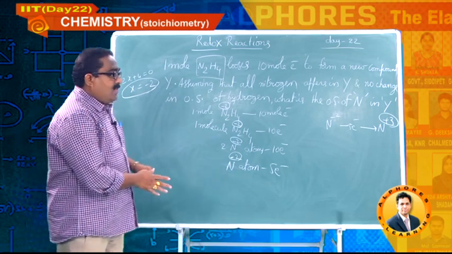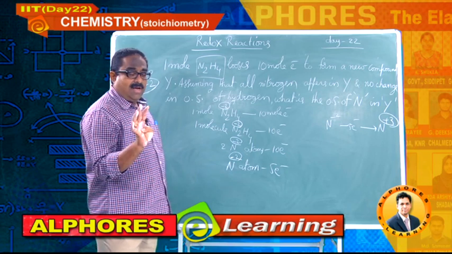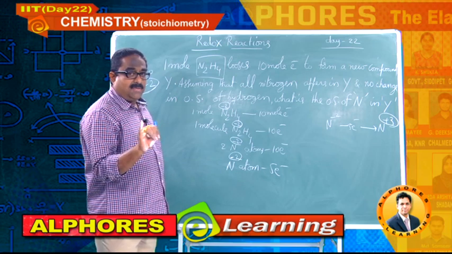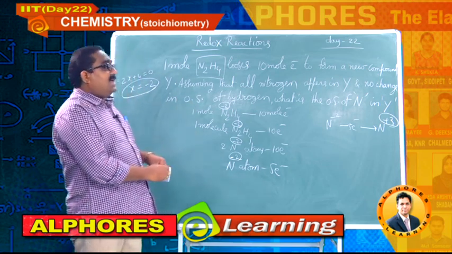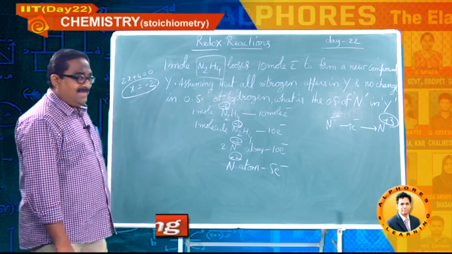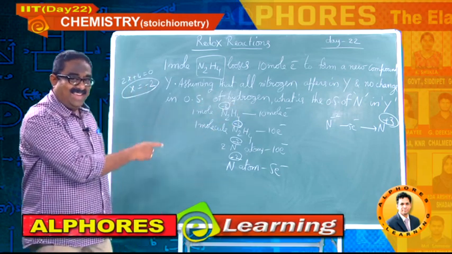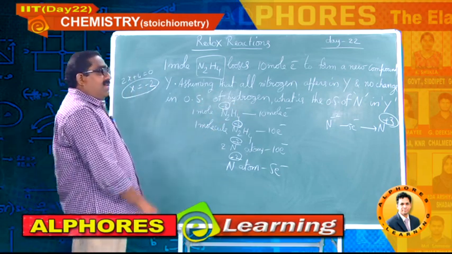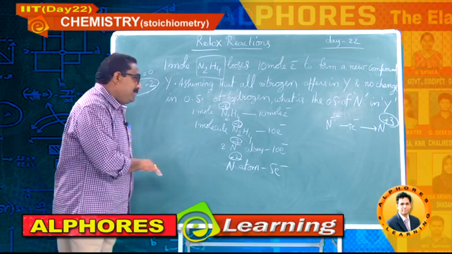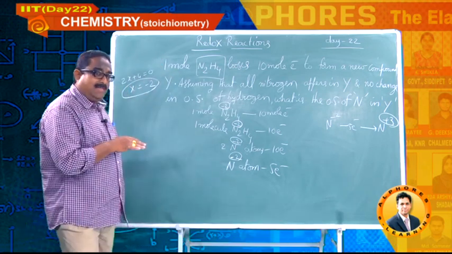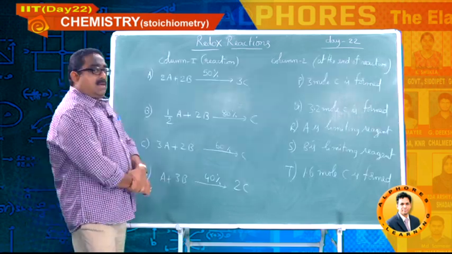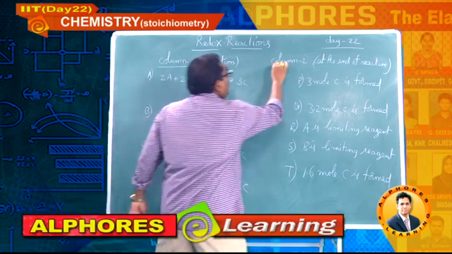-2, loss of 1 electron: -1. Loss of 2 electrons: 0. Loss of 3 electrons: +1. Loss of 4 electrons: +2. Loss of 5 electrons: +3. So our answer for the oxidation state of nitrogen in the compound Y is +3. So this is a previous advanced question. Please note it down. Previous IIT question. By that time the paper name was not advanced, only IIT paper. In the screening test, I think they have given this question. Please note it down.